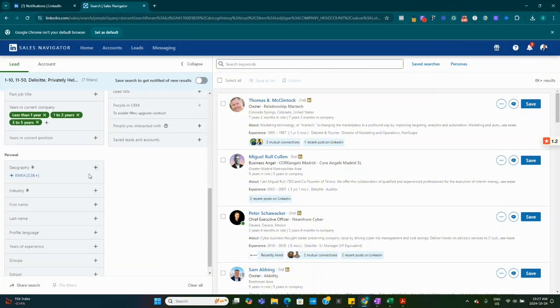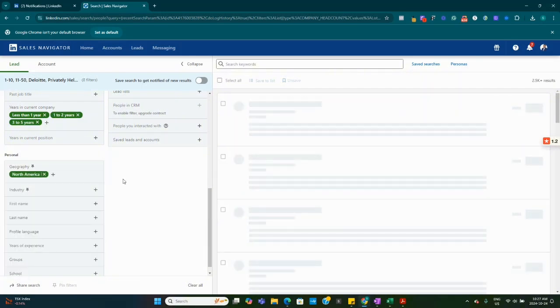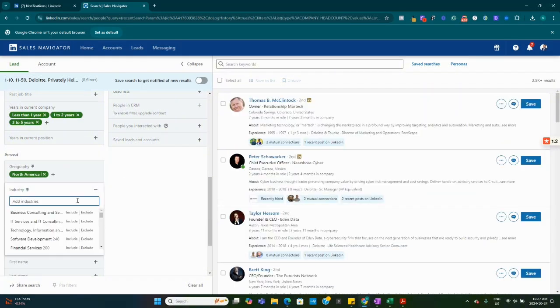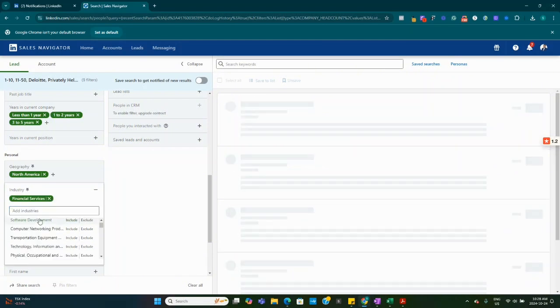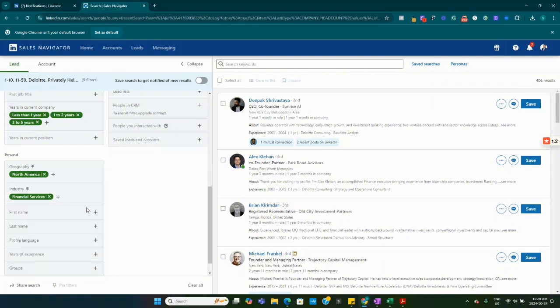So now geography, we can look at, depending on the country you're trying to target. Let's say we're going to North America. We're just targeting North America. That's very important. Industry is also important, that you're getting the right industry so that your message is pinpointed to those kind of people. So maybe we're looking at people in financial services, right? And we see that we have just 406 people in this by this skill train,